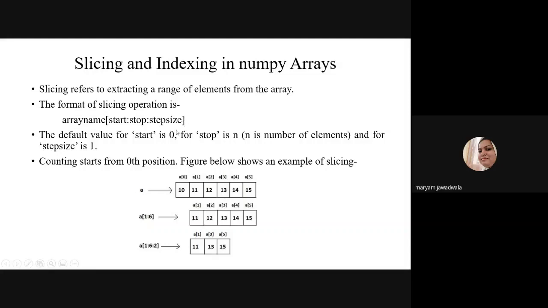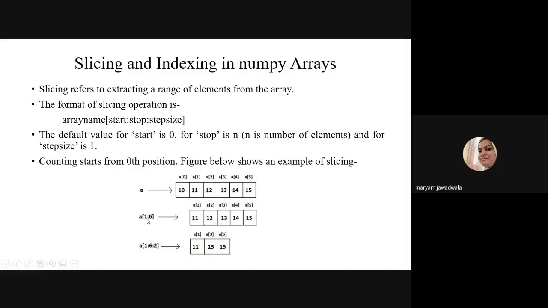And if you don't mention a step size, then by default the value of the step size is 1, right? This figure will explain the slicing operation. Suppose an array is there, a[0] 1 2 3 4 5, this is nothing but the indexing. The first element is referred to by a[0], then a[1], a[2], a[3], a[4] and a[5]. So a[5] is my sixth element, right? And suppose I write a[1:6], this is nothing but slicing. I'm using the slicing operation here.